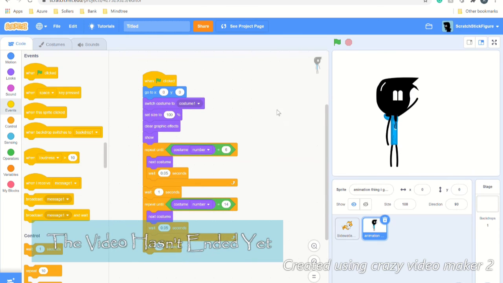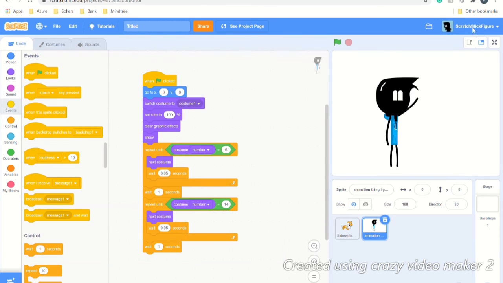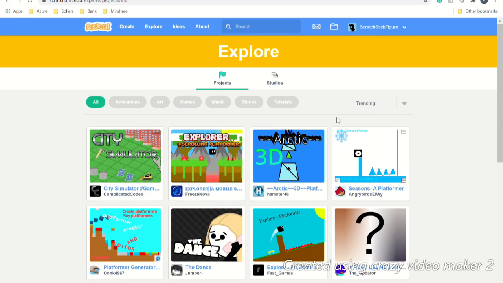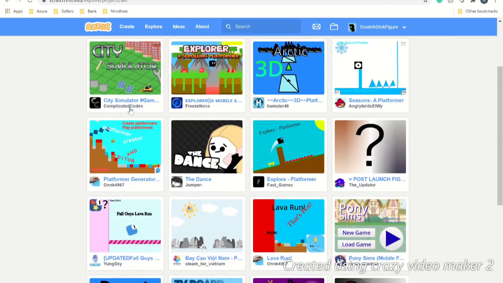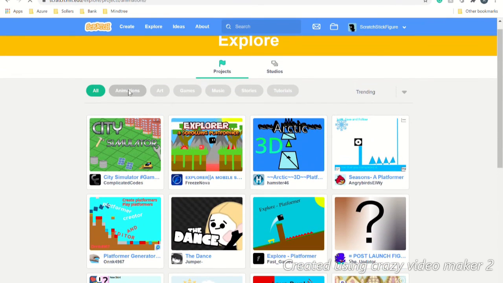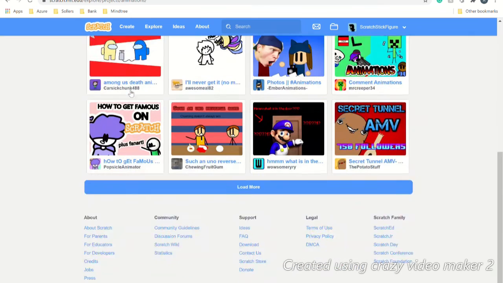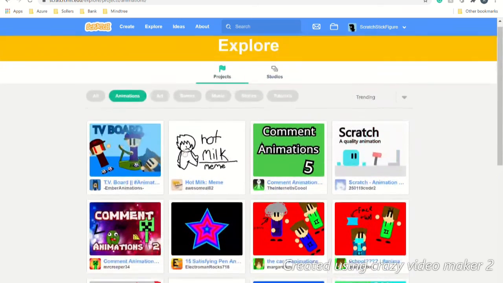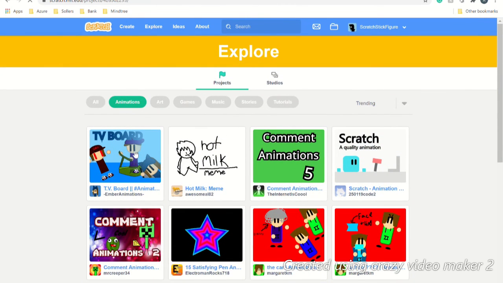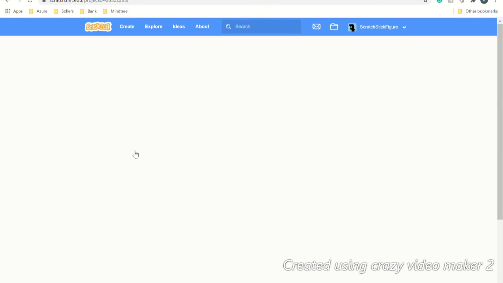And you could also check stuff out at the Explore. As you can see here, now I'm at the Explore page. The Explore page is a place where you could pretty much explore stuff. And if you go here and you go to animations, there's actually a ton of animations here which you could check out, and if you go inside the project, which I'll show you how, then you could